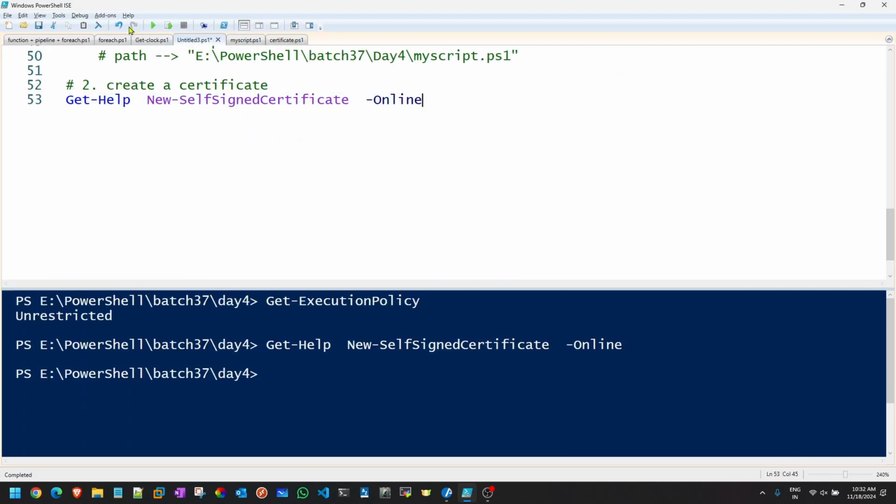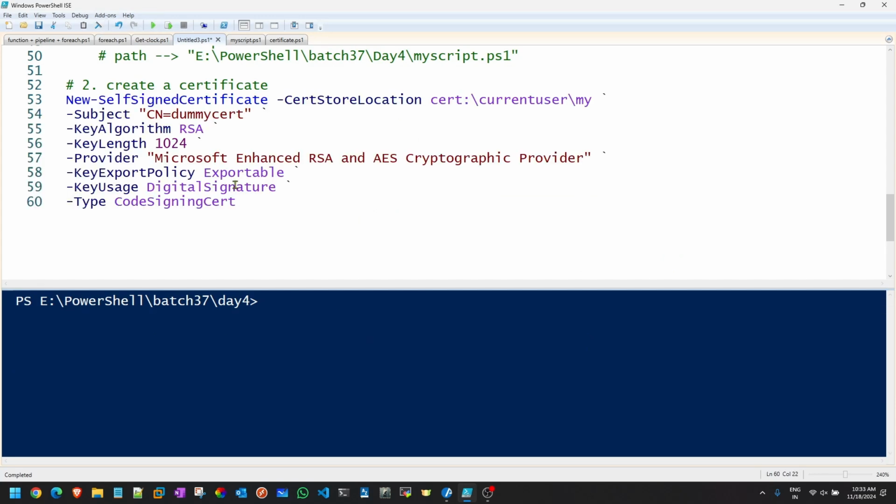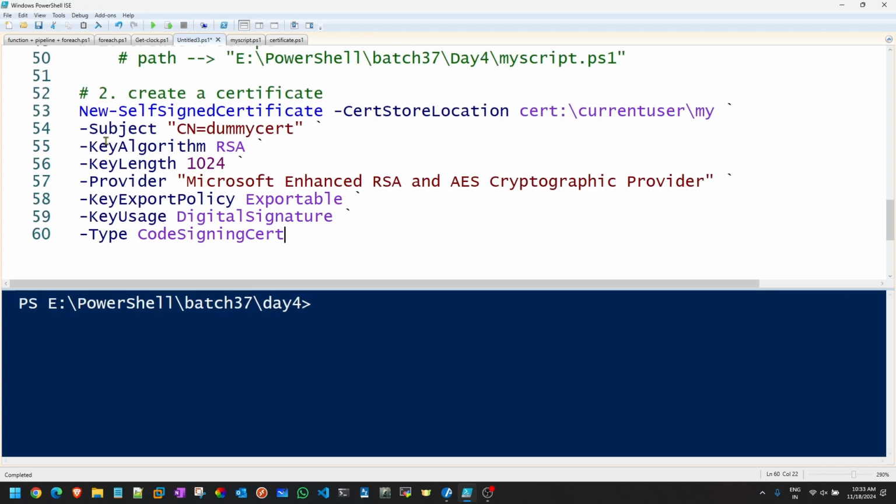So to create the certificate, I'm gonna use this command. First, look at the command over here properly. New self-signed certificate, and then it says dash cert store location. Cert store location is basically the place or location where all the certificates are stored. By default, for all new certificates, this is the place.